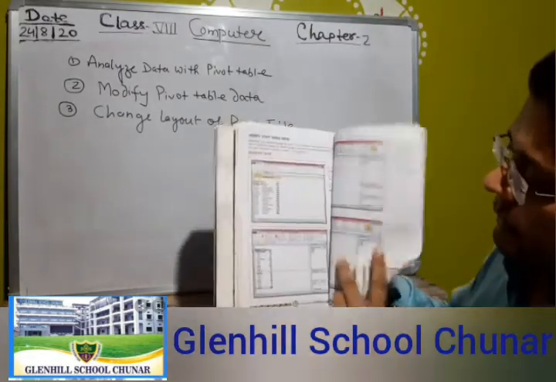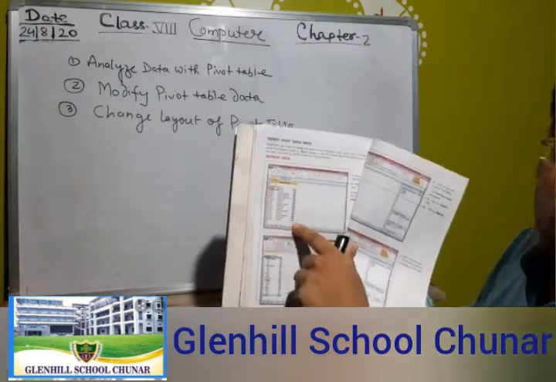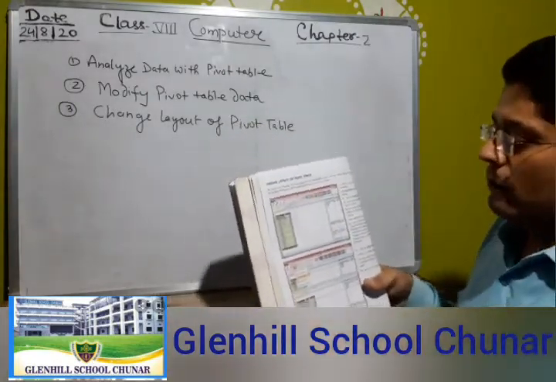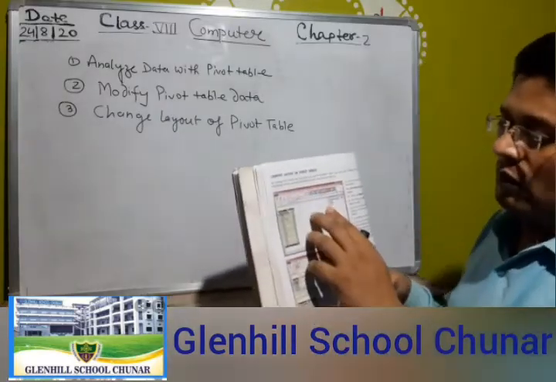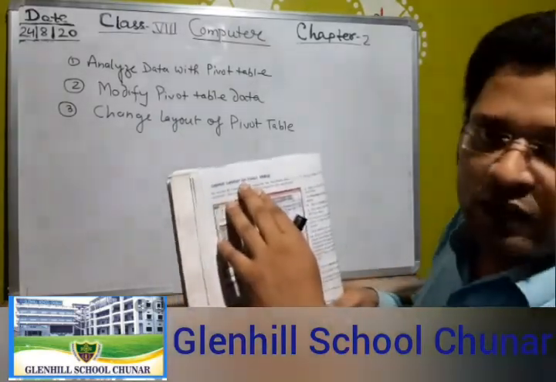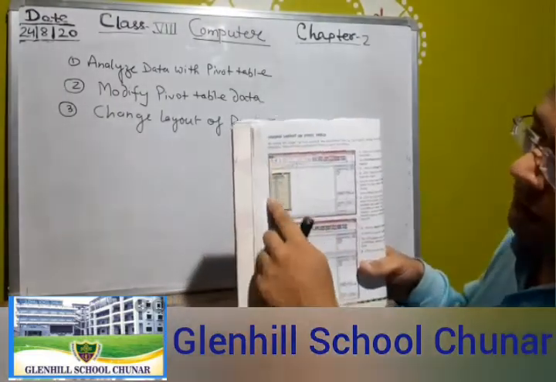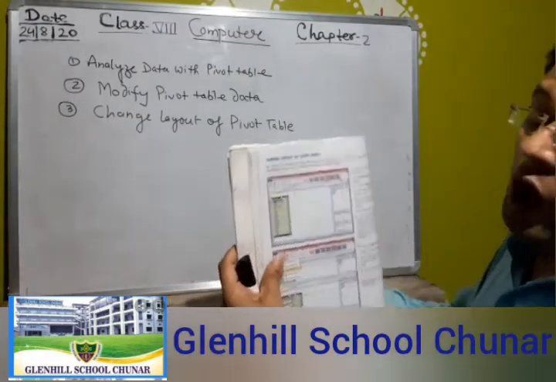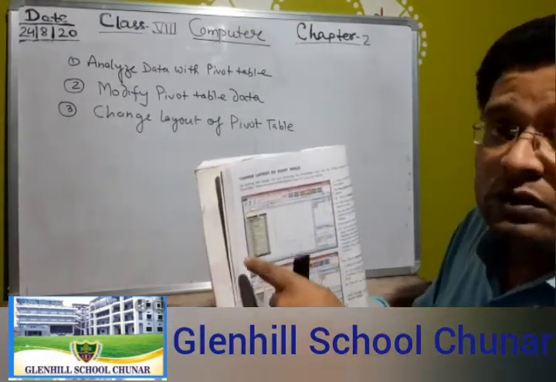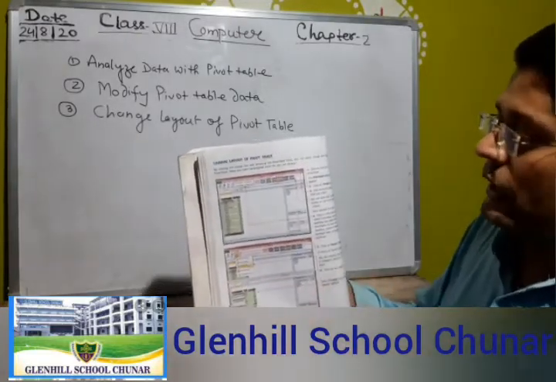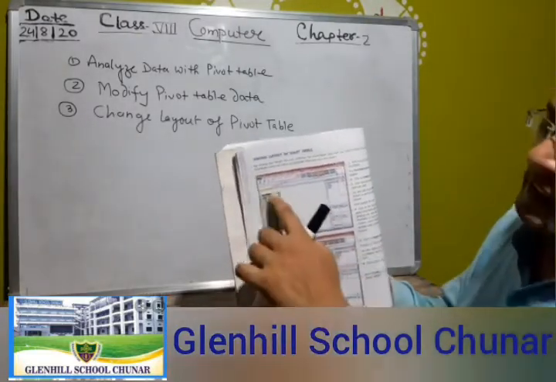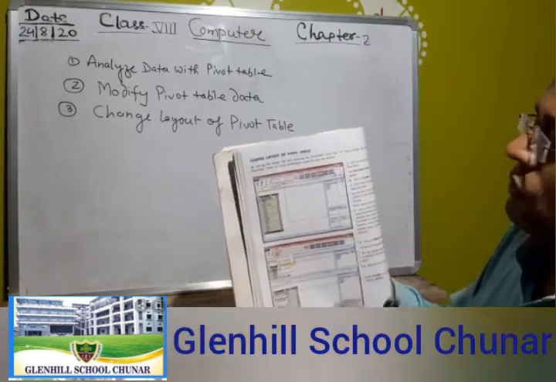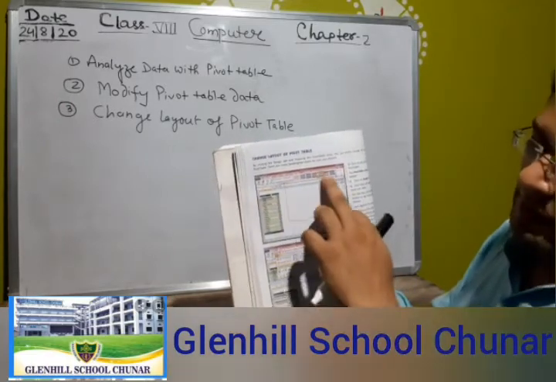Look at this page, a simple design, no design, but you select any design from the layout option. Look, the new design appears. So how do we change the layout? Here are 6 steps. First step, click on any cell in your pivot table, so the pivot table tools will appear.